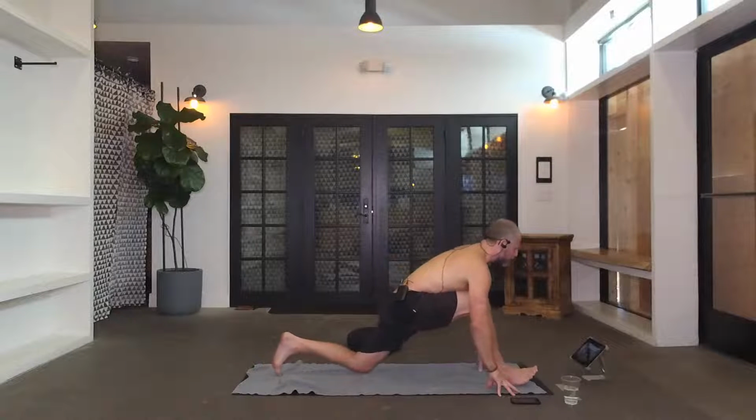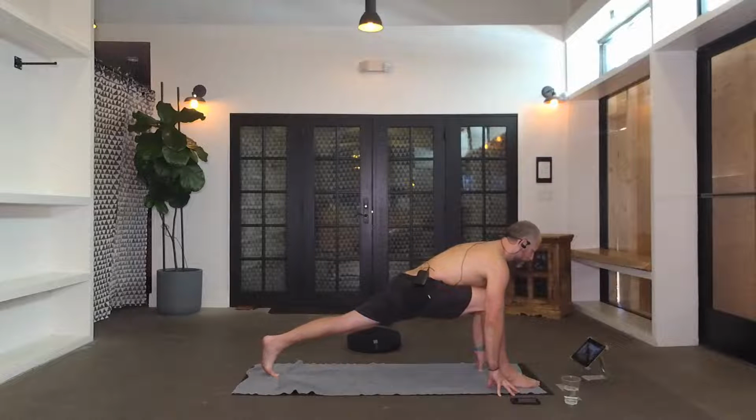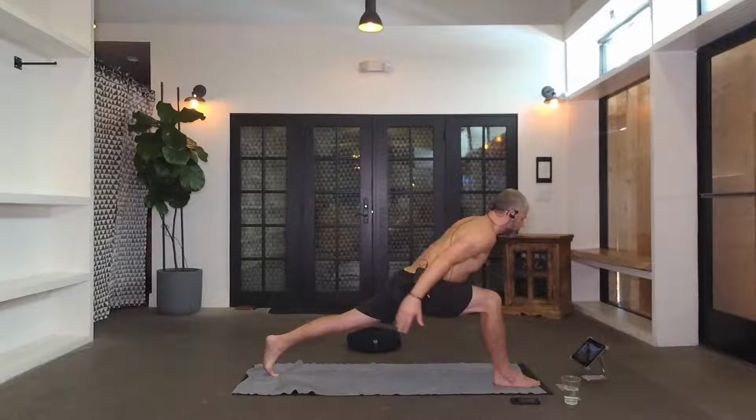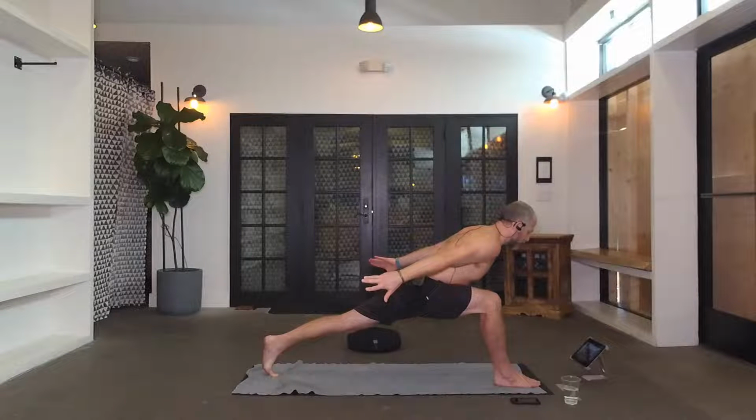Tuck your back toes, lift off your back knee, and you should feel like you're really long in this lunge. Play in that space, right knee on top of the heel. Left leg straight and strong, float the arms back by your sides. And take your chest down a little bit lower. Awesome, breathe for 5,